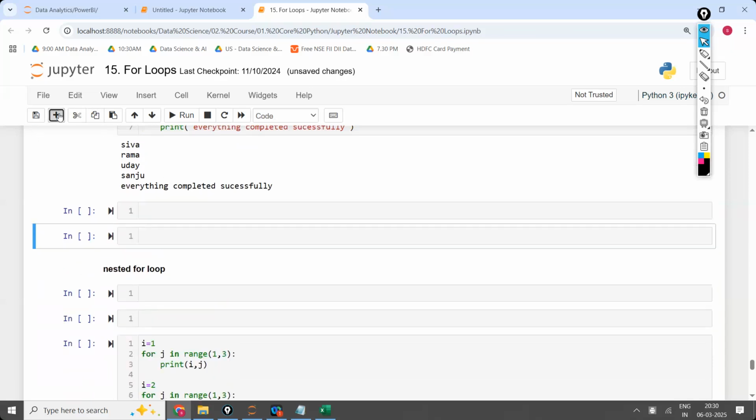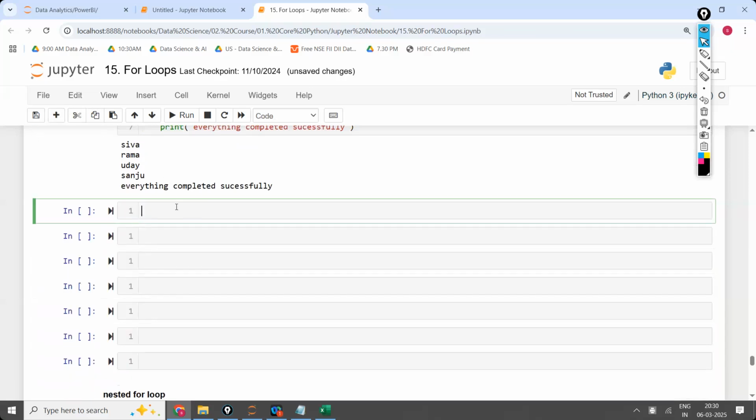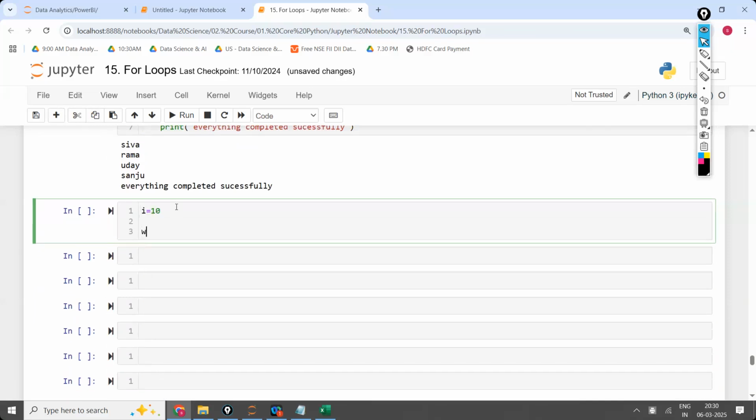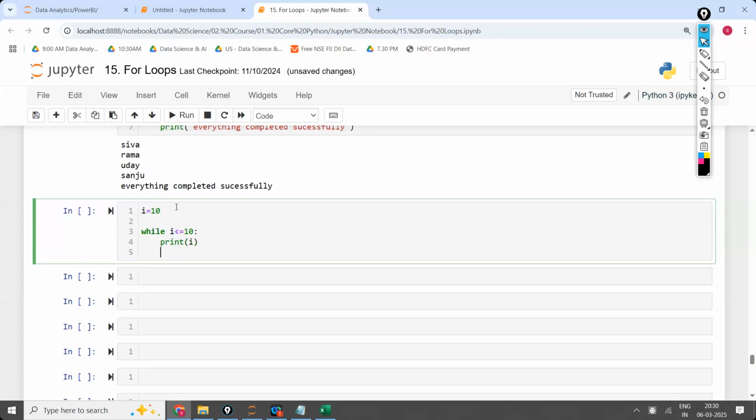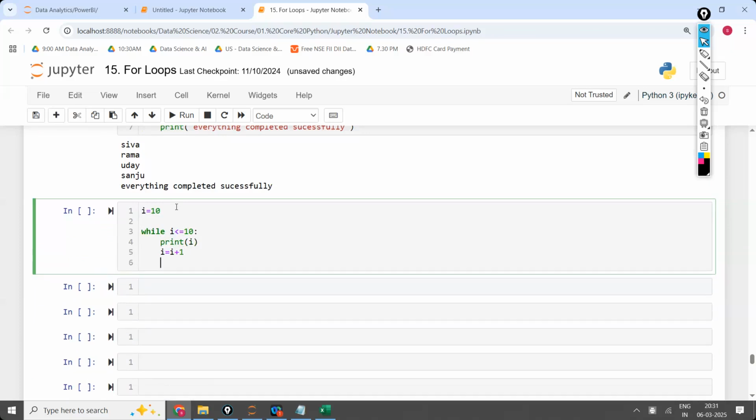What is that example? I is equal to 10, while I is less than or equal to 10. Print I, and I is equal to I plus 1, and if I value is equal to 5, break,